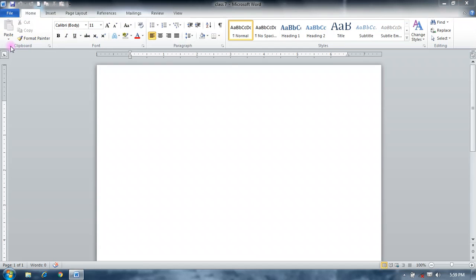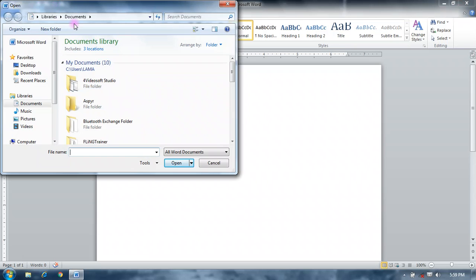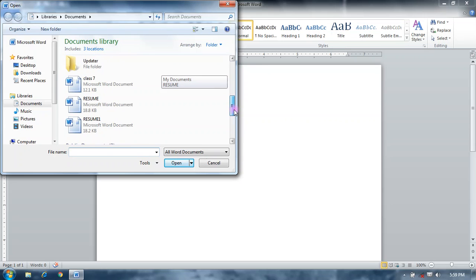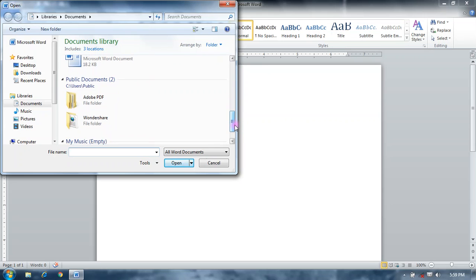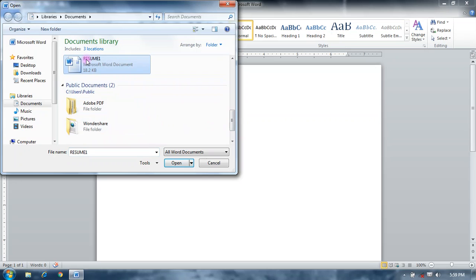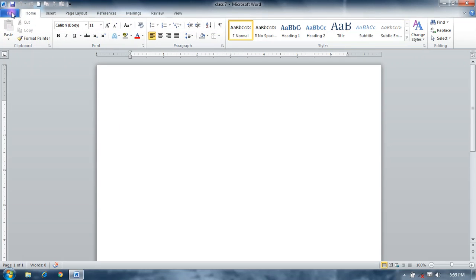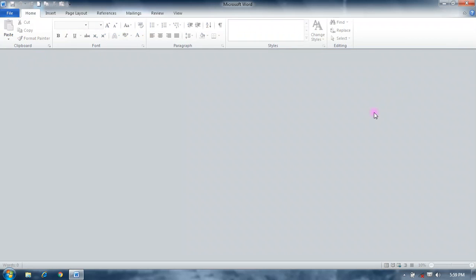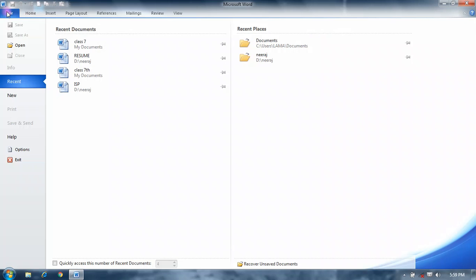Click on Open, the document library opens, select any file you want to open, click Open, and your file is open. The Close option is used for closing the current document in which you are working.